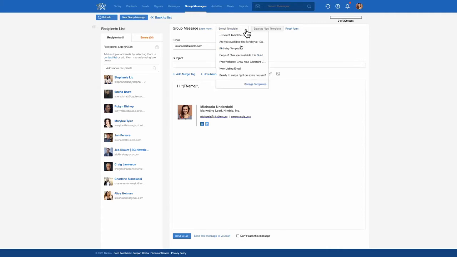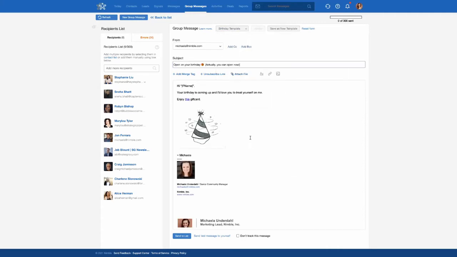You can also select from existing templates and just pop it in. If there's anything that you want to change, you can do so and make any last minute changes. As you can see, my signature is being attached automatically, and you can do so in settings. You should be able to copy and paste, and then it will be automatically attached to any of the emails